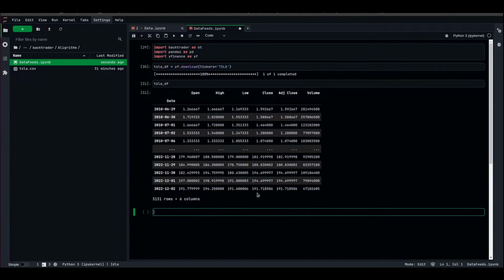First, in order to add the data to Backtrader, we'll have to parse it, as we mentioned earlier. In order to parse the data, we'll have to give it a name. For example, let's call it Tesla_df_parsed, equal